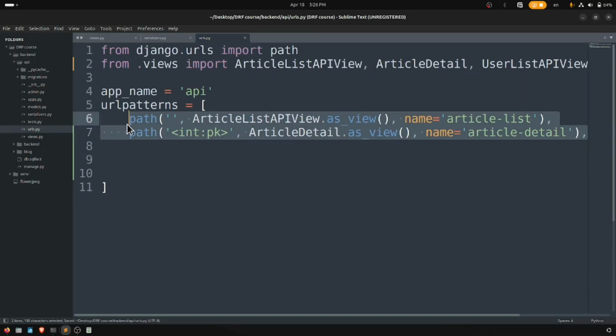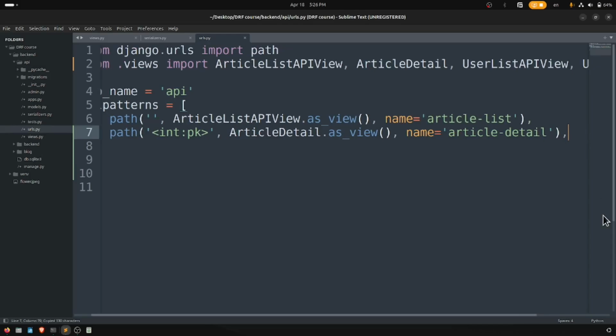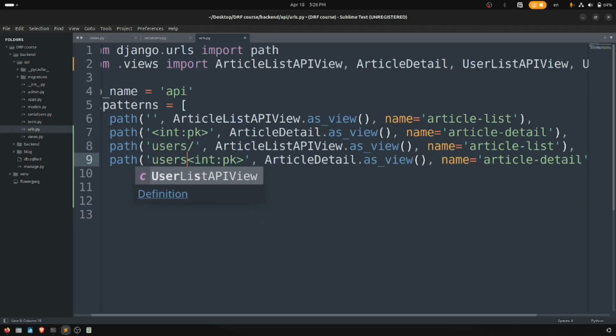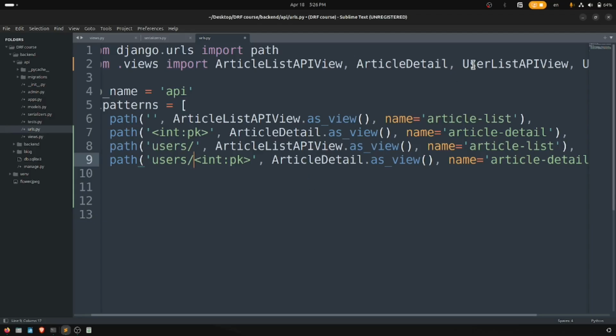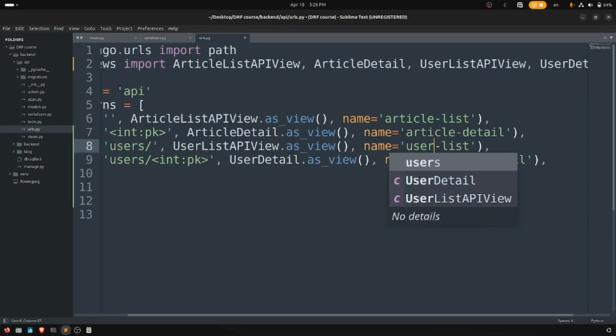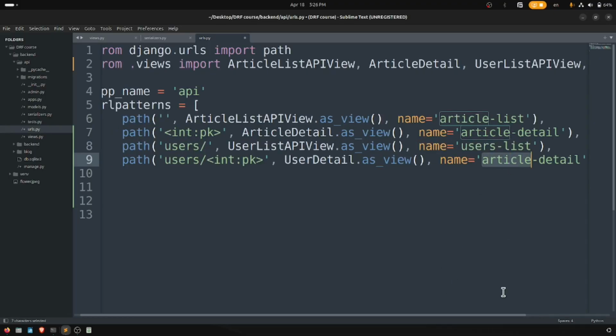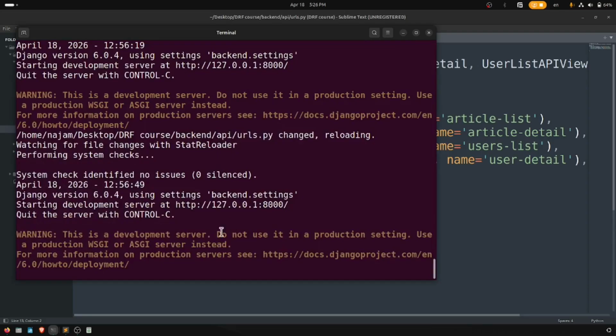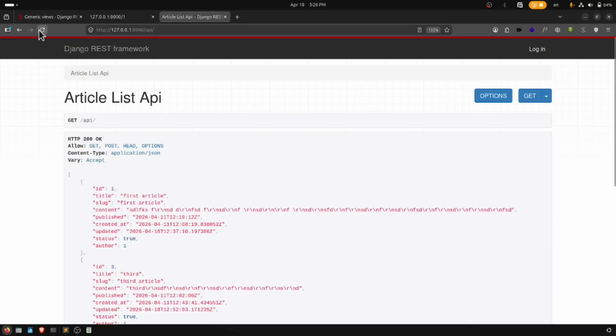So instead of this article views, I will have this user as well, users and users slash this thing, and article list will be like user list, and article detail will be user detail. That's very clear and everything is fine. Let's see, is there any error? No error. Okay, fine. Let me refresh this,